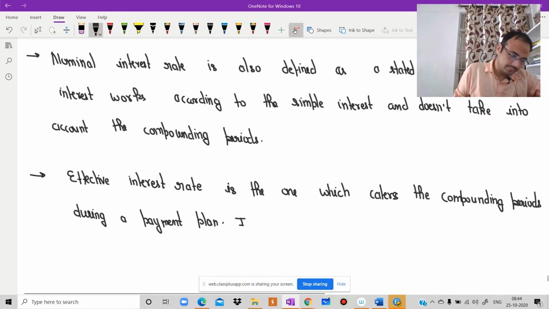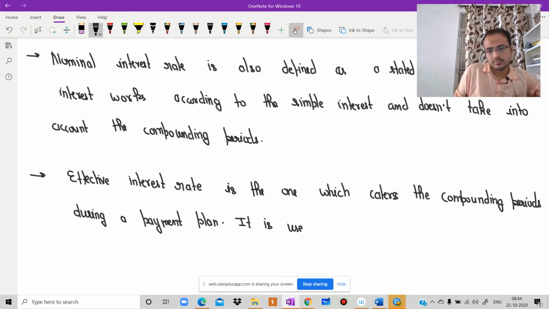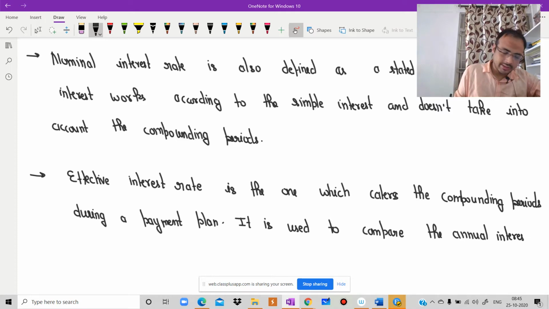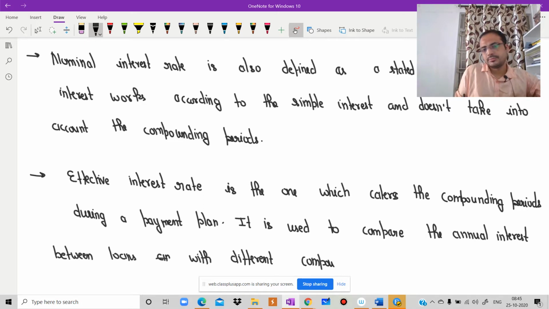It is generally used to compare the annual interest between loans with different compounding periods,